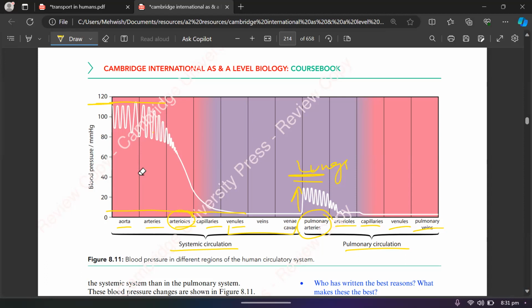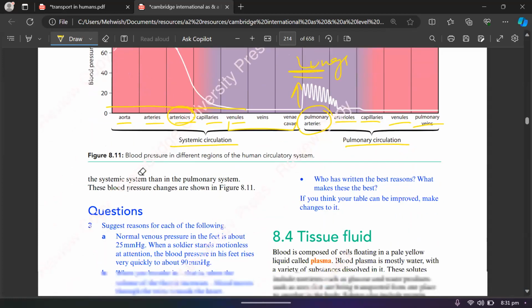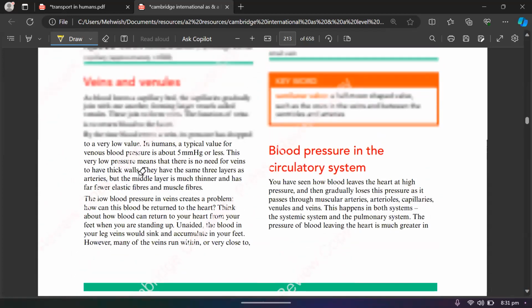But there are semilunar valves. This is one adaptation that will allow it to prevent the backward flow of blood. Number two, I told you in my last class as well, maybe that is the skeletal muscles, right? When skeletal muscles contract near a vein,